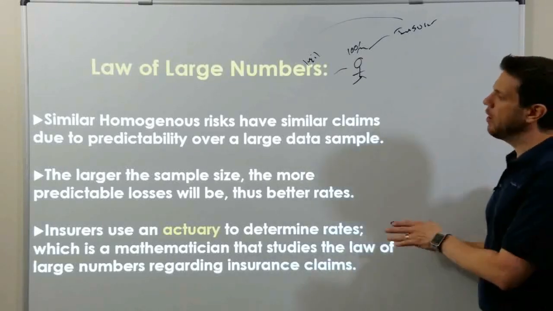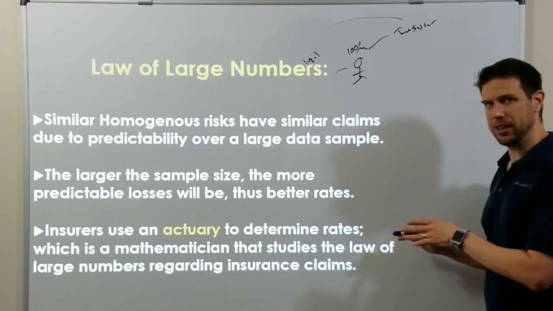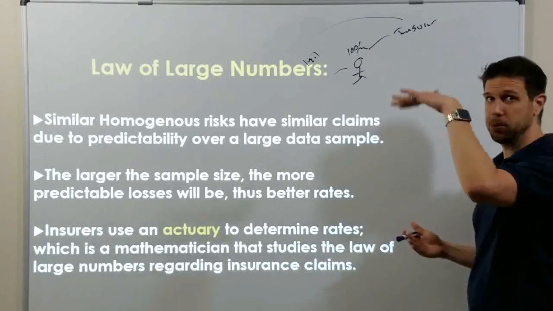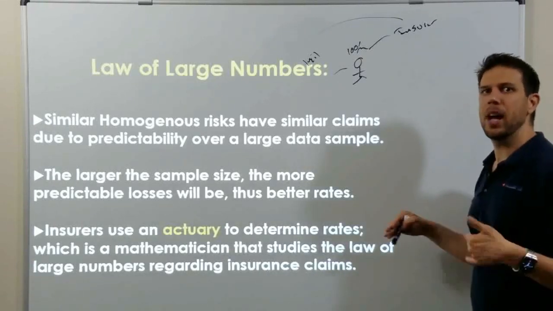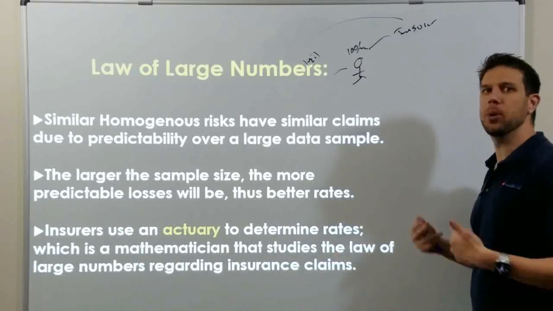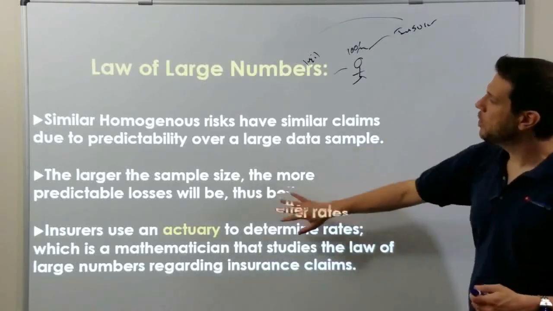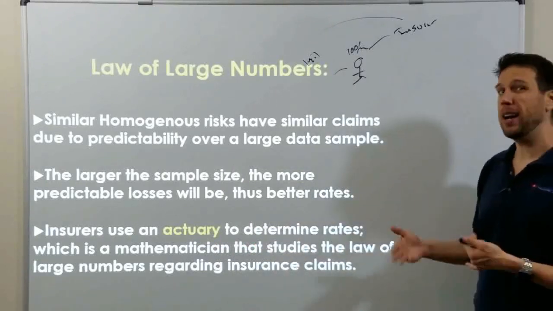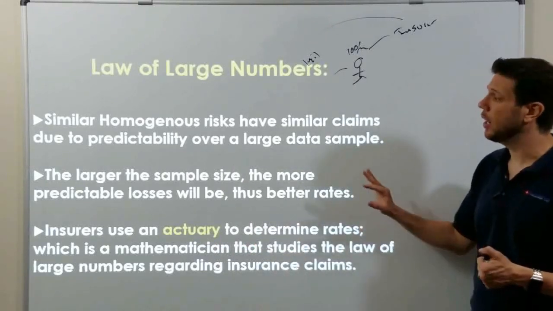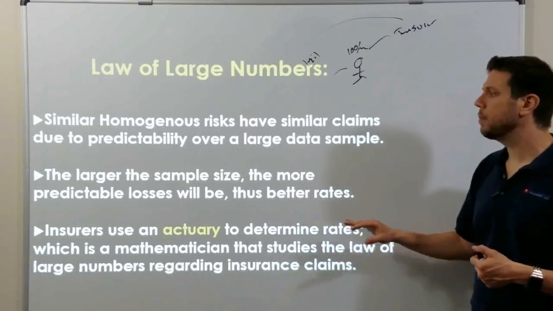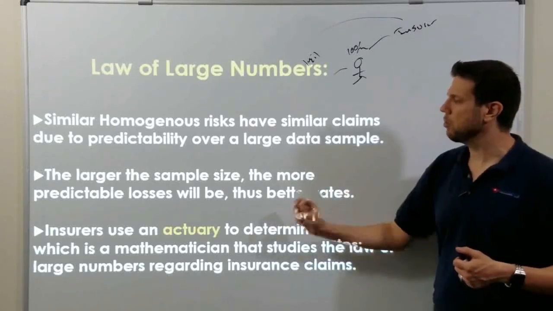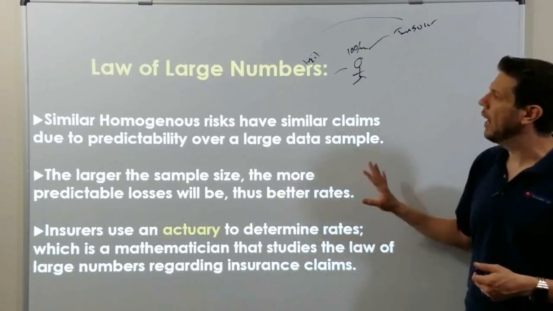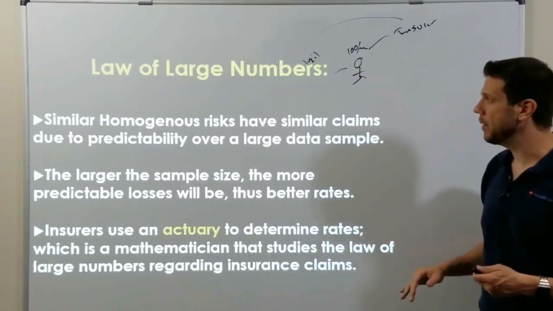Actuaries are very important to the insurance company. They're the ones who decide whether or not insurance premiums go up, go down, stay the same, whether or not they should try something new or not. An actuary usually earns around $150,000 a year, but they can get up to, say, the $500,000 range if they're very good at their job, because the insurance companies rely on them to have a good risk model. That way they know how high or how low premiums should be.